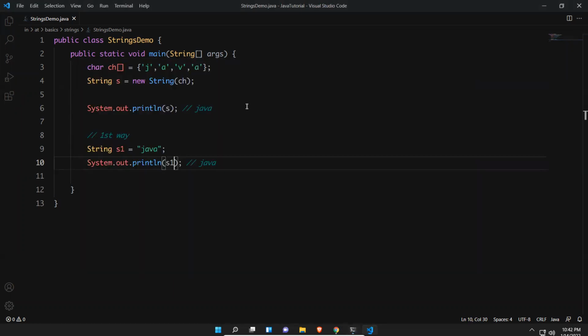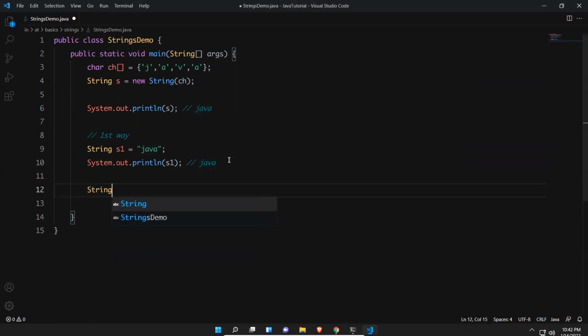Another way is String s2 = new String("Java program"). In the same way, I'll print s2, and it prints Java program.